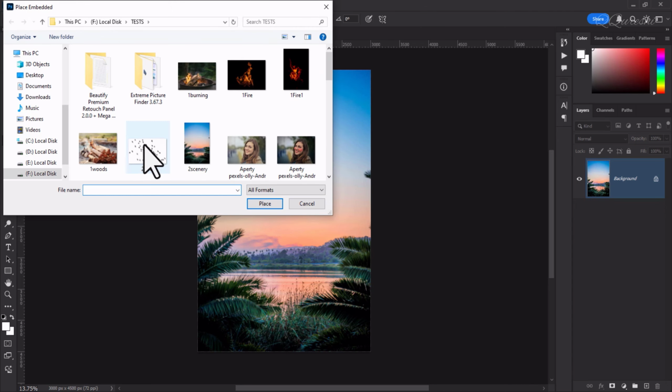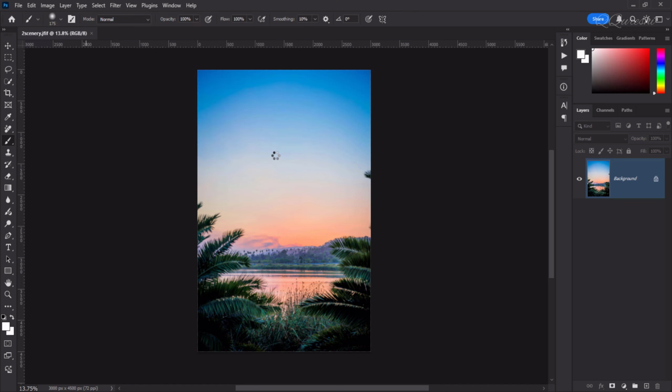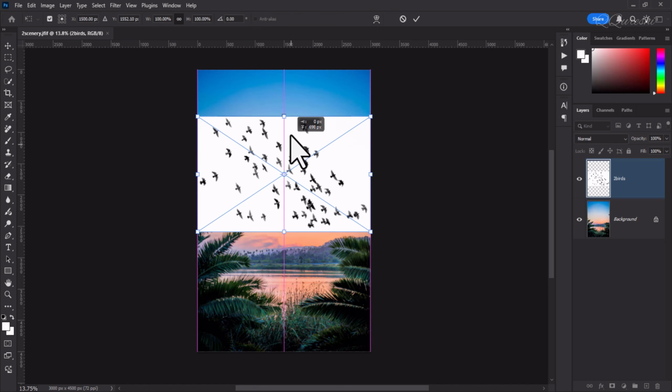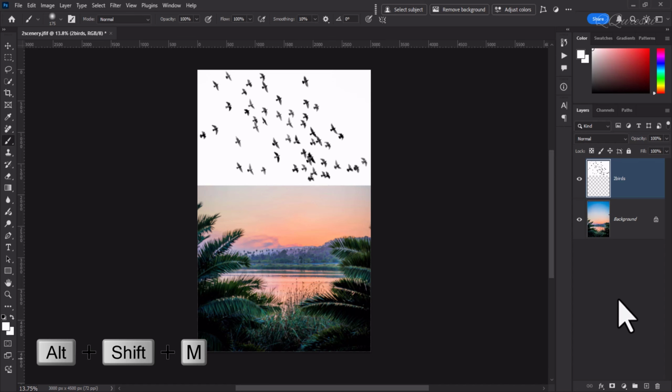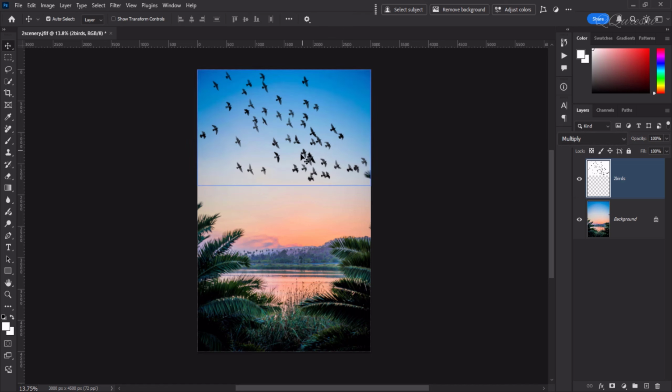Now we place an image here, whose background color is white. We will rasterize this layer. Here we will press Alt plus Shift plus M. This shortcut is for the multiply blend mode. So you can see that its blend mode is multiply. If you want to enhance it more,